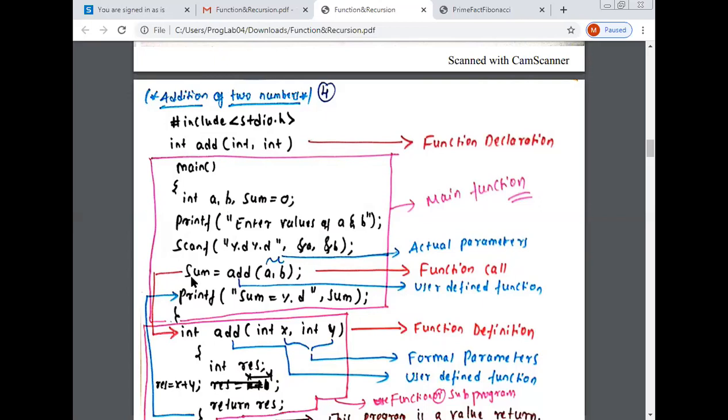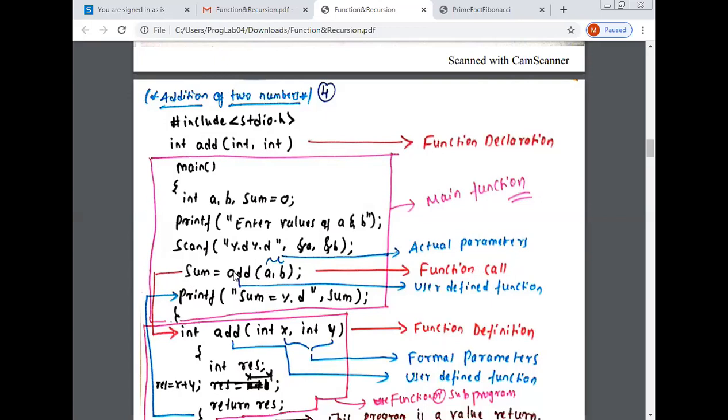Then you write the function: sum = add(a, b); then printf("sum = %d", sum). This is the function call.